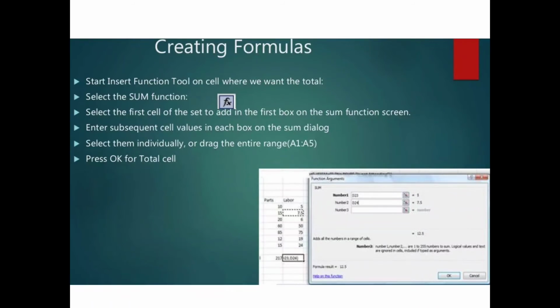Enter subsequent cell values in each box of the SUM dialog, or drag the entire range, then press OK for the total. So here are some functions for creating formulas. Using the figure given here, we can understand how to create a formula.